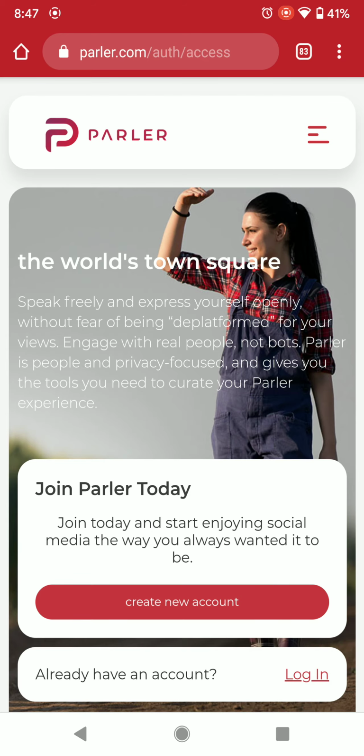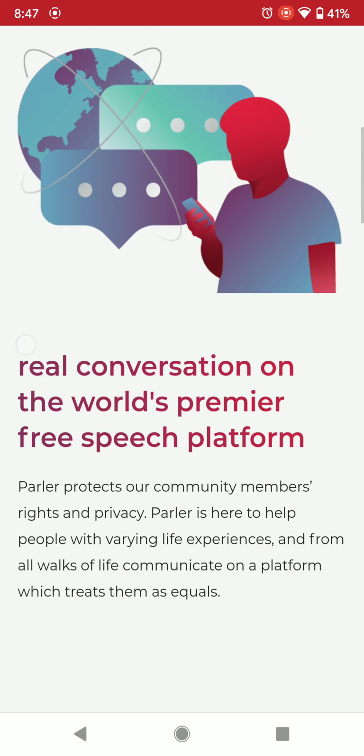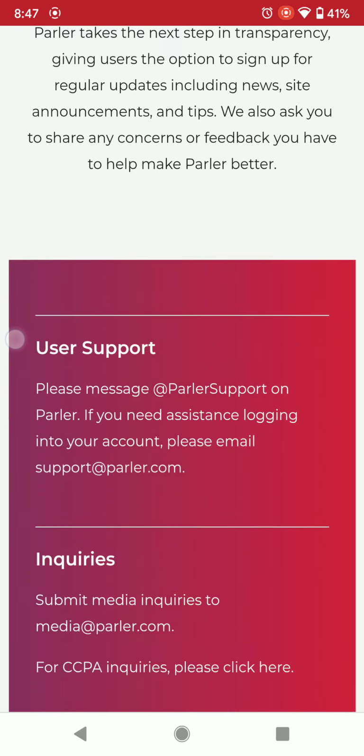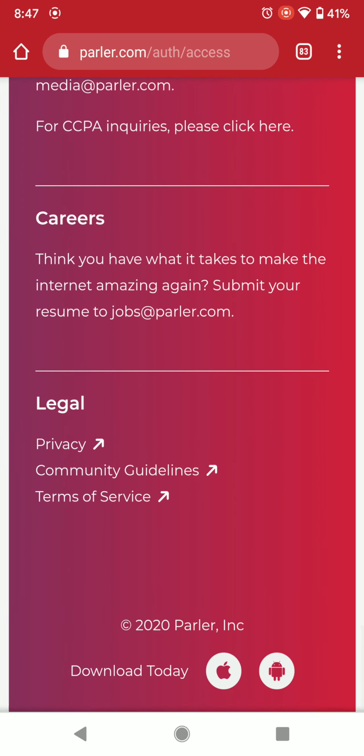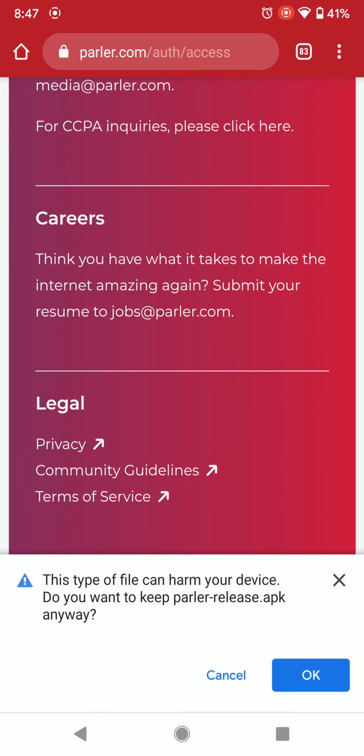And then once you're here, we can just keep scrolling down to the very bottom. And notice what it says at the very bottom, download today. You've got the Apple symbol and the Android symbol. You want to tap on the Android symbol. And notice a file will be downloaded. This type of file can harm your device. Do you want to keep Parler